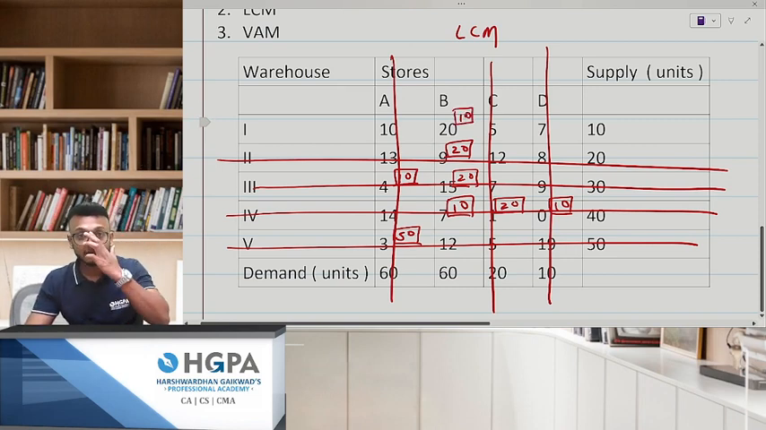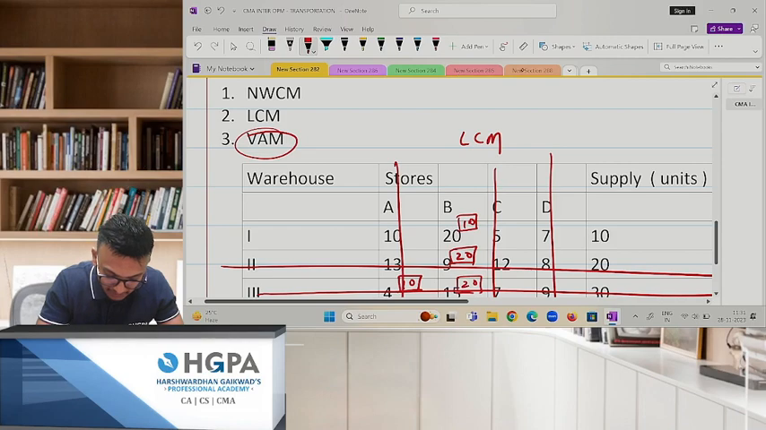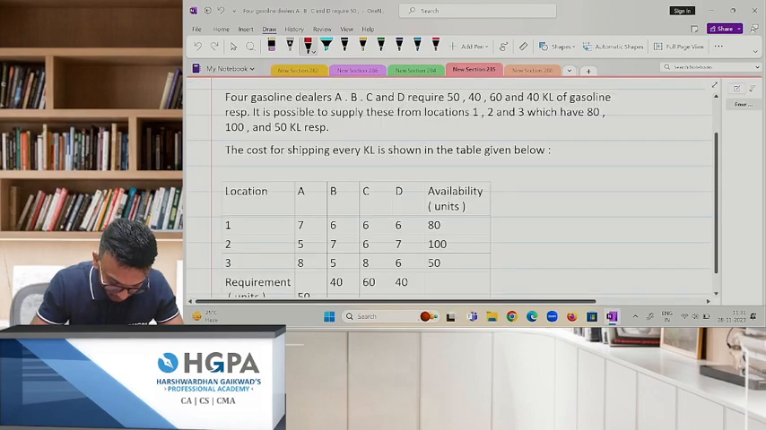Okay. Remember one thing. VAM is there. VAM, so we have to compute only row penalty, column penalty. But remember, these two methods are very important. Northwest corner method, least cost method is very simple. Now I'll solve this VAM in the next question, because the next question which I've taken is completely of